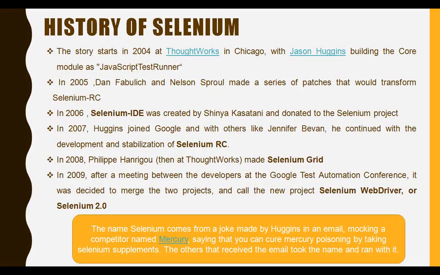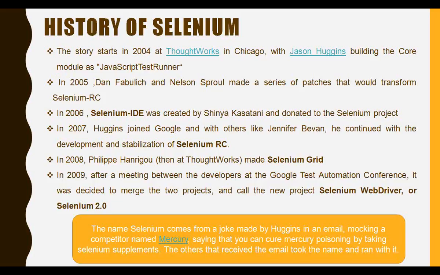Okay, and in 2008, this guy Philip made the Selenium Grid. This is a wonderful feature of Selenium which makes Selenium stand on top. One of the important components which makes Selenium top level. Okay, next one in 2009, the Google guys had a conference where they wanted to merge all the things and form this Selenium WebDriver.